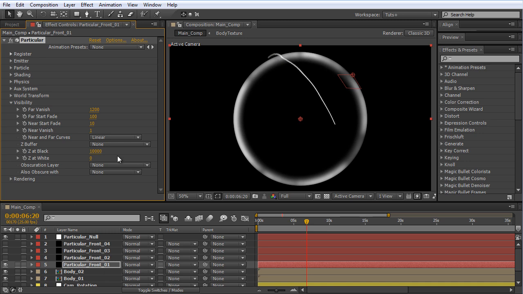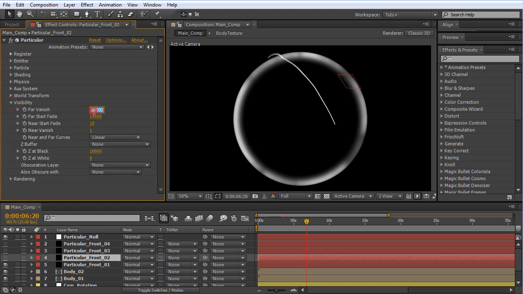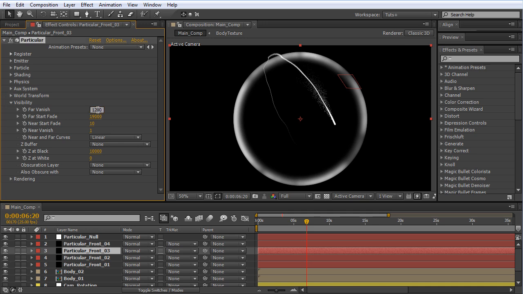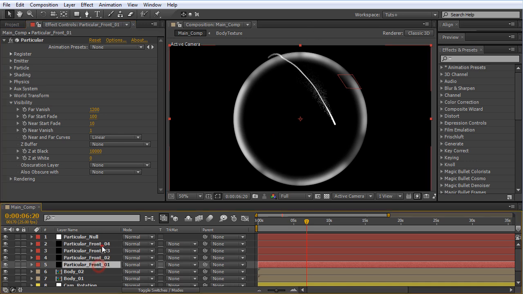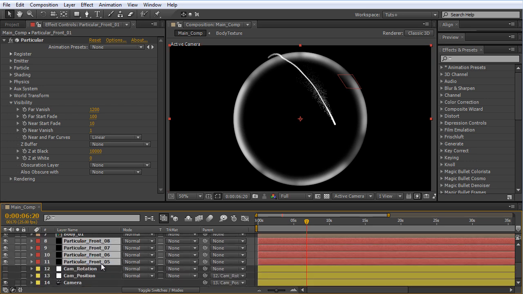We'll repeat that number for all of these. Let's see, visibility, this one will be 1200 and this one will be 100. And if they're visible, we can actually see what's going on. 1200 and 100. This one can remain as it is since it's the particles that shoots out from the tip. So this is the front particles, and now we can duplicate those and we'll place those beneath the body,